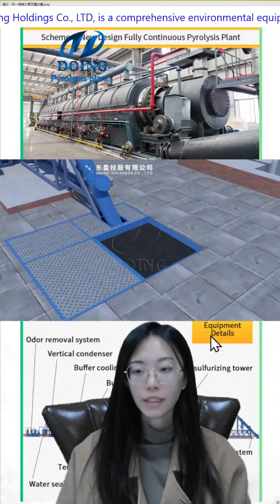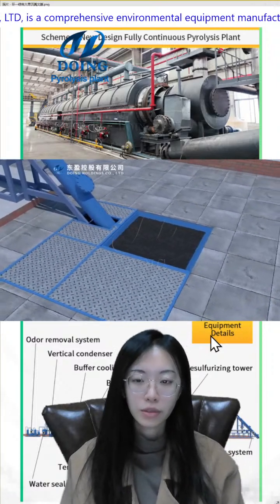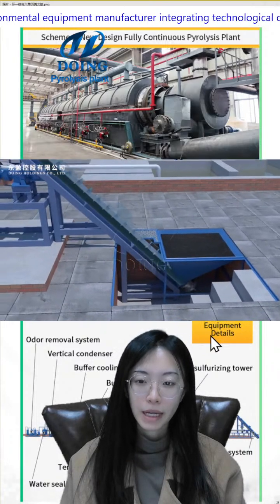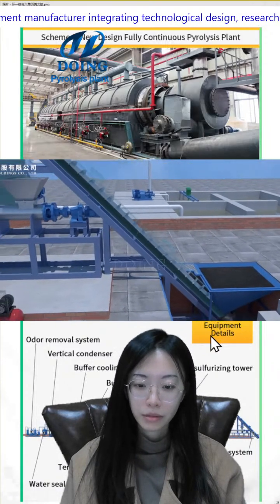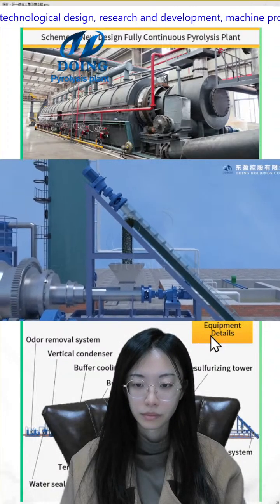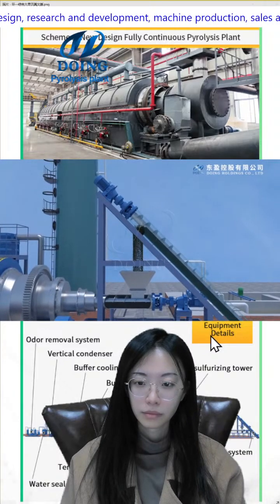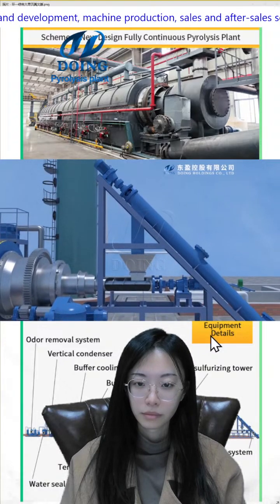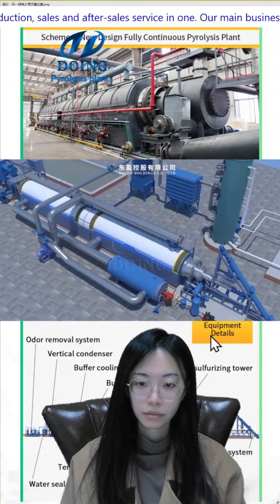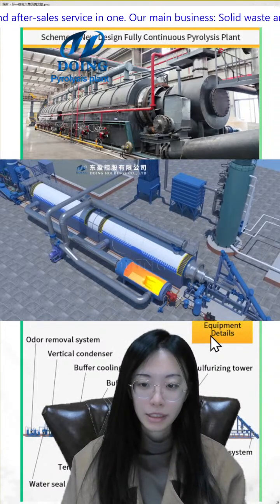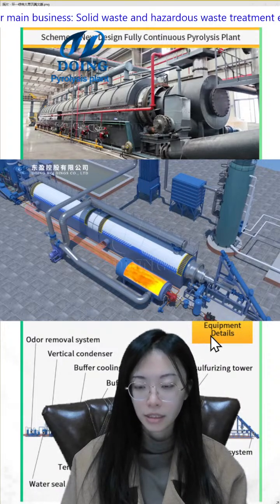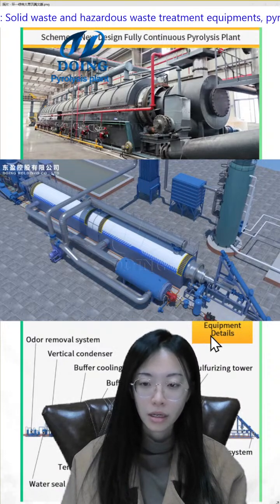This is the feeding system to feed the raw materials into the reactor. We need to have a pre-process to process the waste tire to the rubber powder. And this is a pyrolysis project to heat the raw material, and they can get the flue gas and